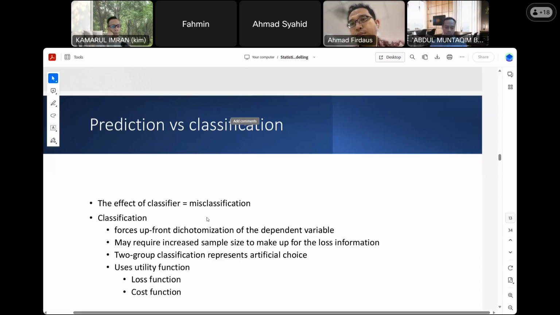So if you have time, then you may want to learn about machine learning, especially when your interest is just making prediction. You are not interested to explain why sex affects BMI, why exercise affects BMI, how exercise will interact with BMI, how exercise will interact with sex, for example. You know, you are not interested in that. Your major interest is just to make prediction. Okay,